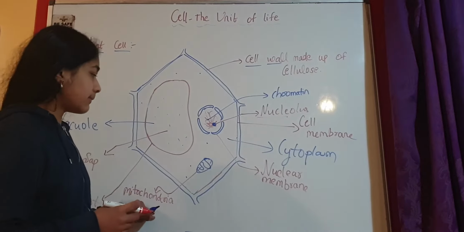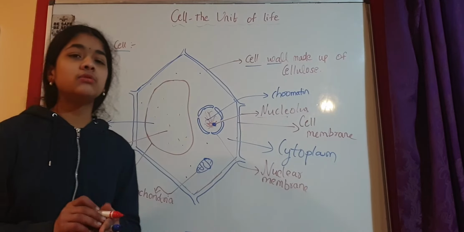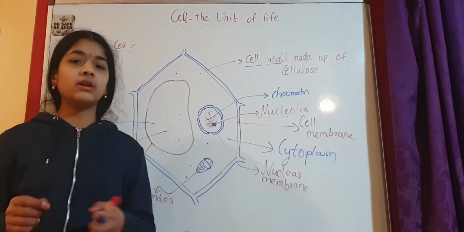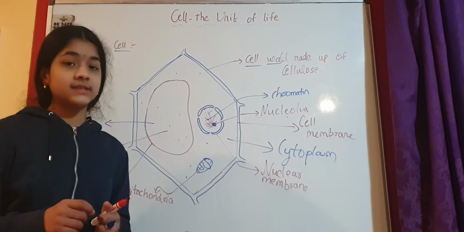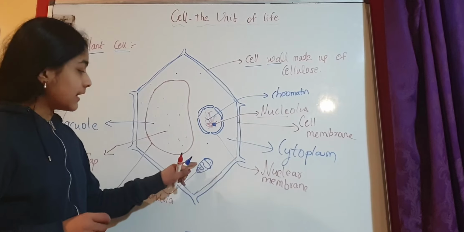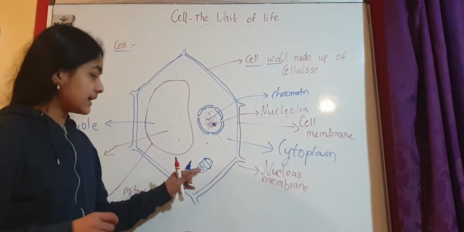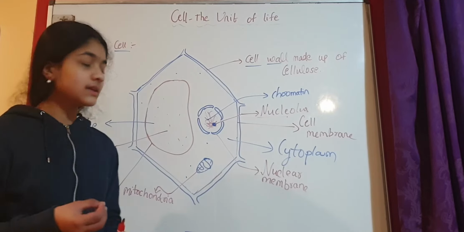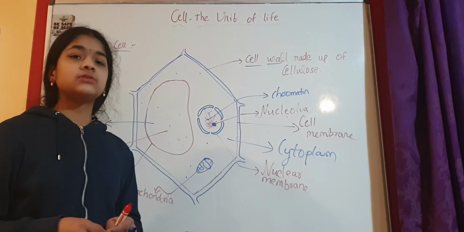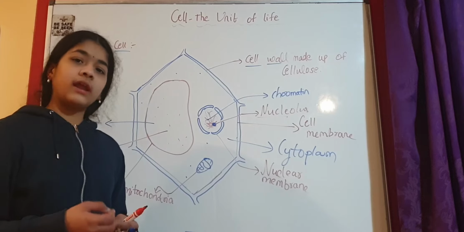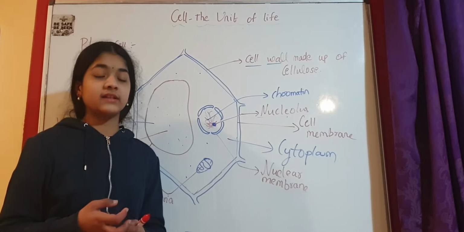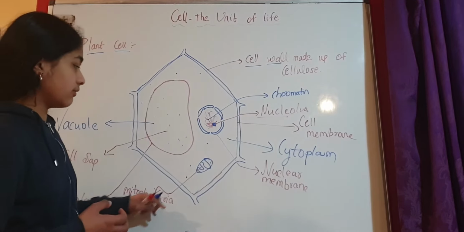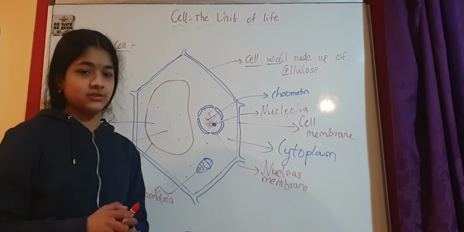So this is mitochondria, and it is thrown into some folds inside. If you see, it is thrown into some folds, and these are called cristae. Mitochondria also has some fluid substance inside, called the mitochondrial matrix, and mitochondria has its own ribosomes and DNA. That's why it's called a semi-autonomous organelle. Okay, so this is mitochondria. It helps in cellular respiration.